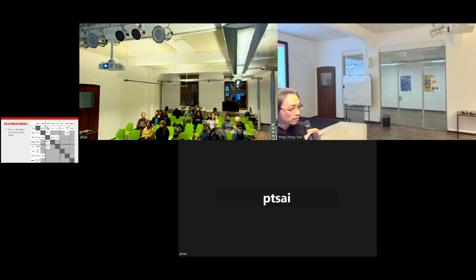So when you design a game, this graph is very important. If you have a lot of objects in your game, then maybe you need to have this table when you're designing.